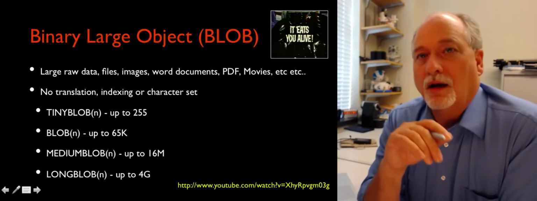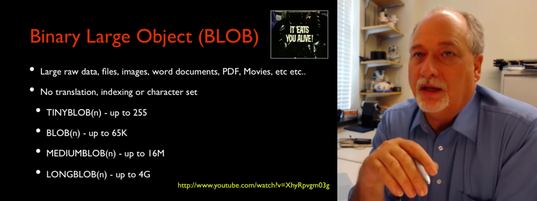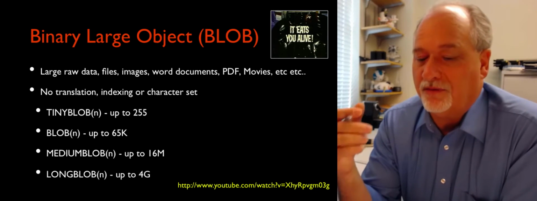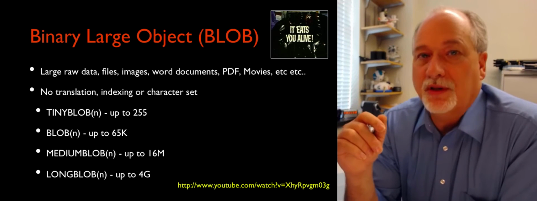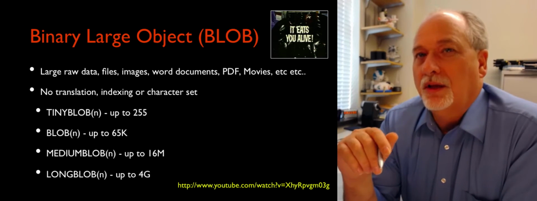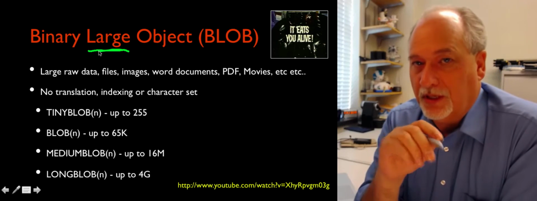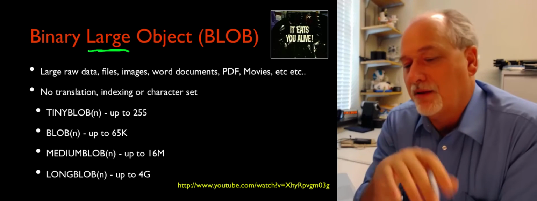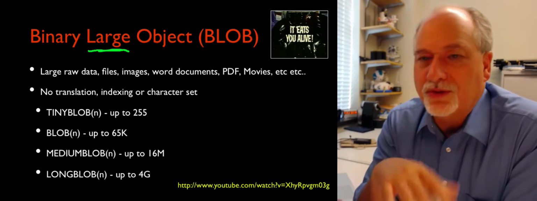Now, you can also store large binary objects, and this would be an image, a JPEG image, or a GIF image, or a PDF, or a QuickTime, something like that. You can store these in databases. You tend to find that you don't want to store objects that are too large in databases. You tend to find a place to store them on the file system and serve them out of the file system. And so you tend to only use these things